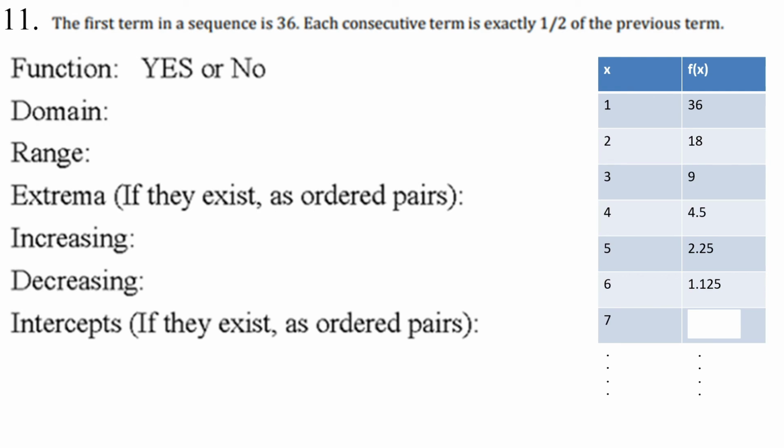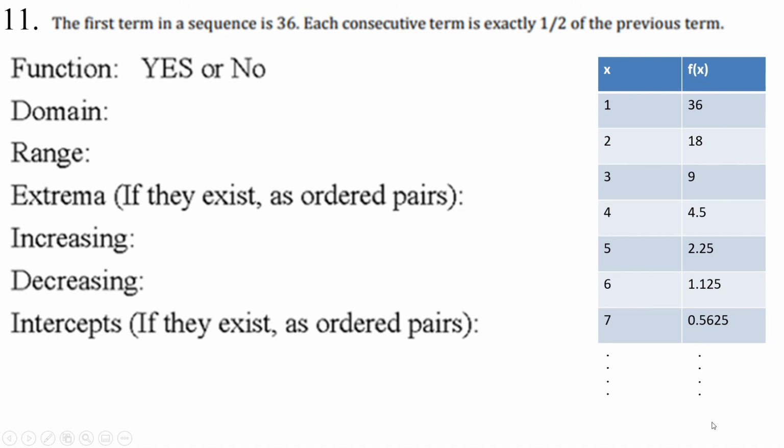That's like a 0.56. You know what? I don't want to make a mistake, so I'm going to do this on my calculator. Okay, if I can get my calculator set up here. So I'm going to go 1.125 divided by 2. And I'm getting 0.5625. There you go. So, and notice too, for my x's, because this is a sequence, all right, so we're going 1, 2, 3, 4, 5, 6, 7, 8, 9, 10, and so on. We just keep going and going and going. And my y's 36, 18, 9, 4.5, 2.25, and we just keep going and going and going forever and ever